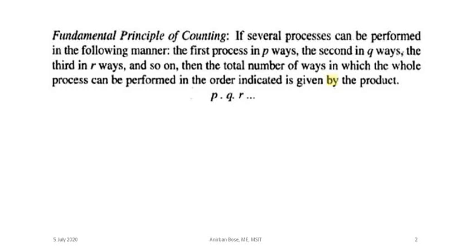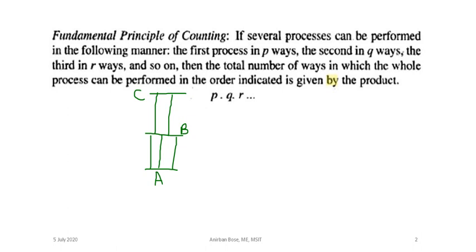Consider this is a particular floor, say A. From floor A to floor B, suppose there are 3 lifts. Again from floor B to floor C, let us consider there are 2 lifts. If it is asked in how many ways we can go from A to C, definitely you can see we can go first by this lift, then by this lift. This is one of the ways.